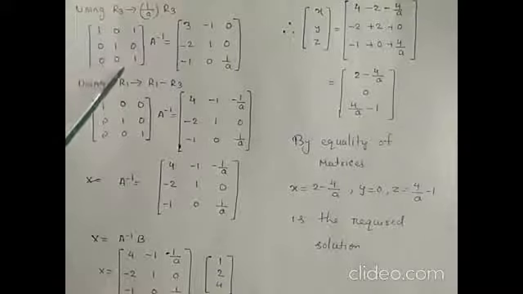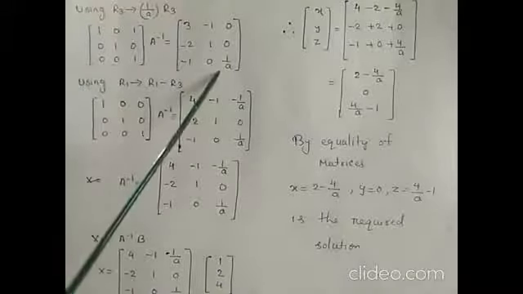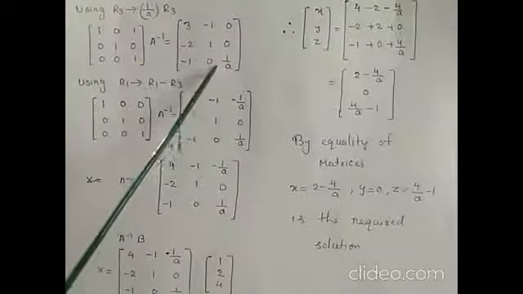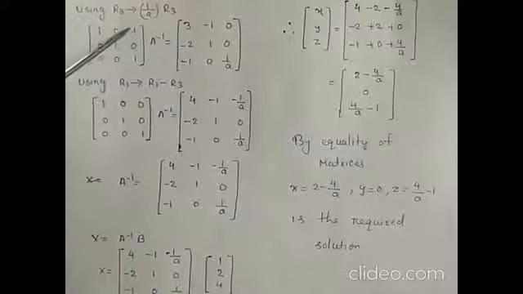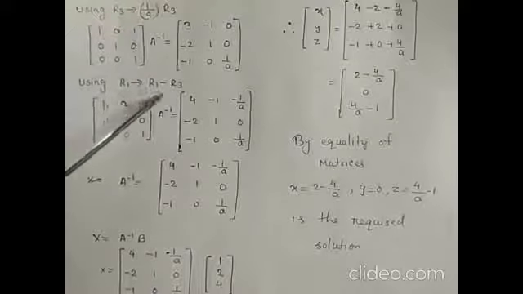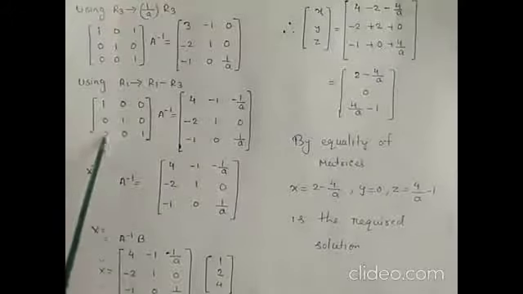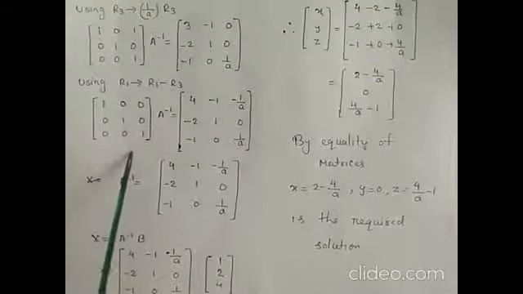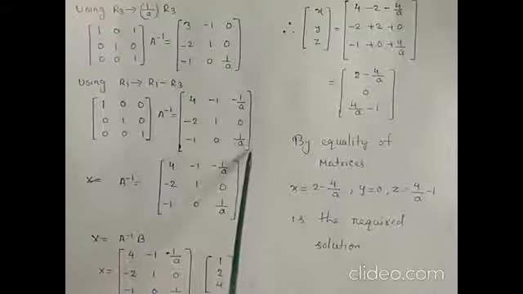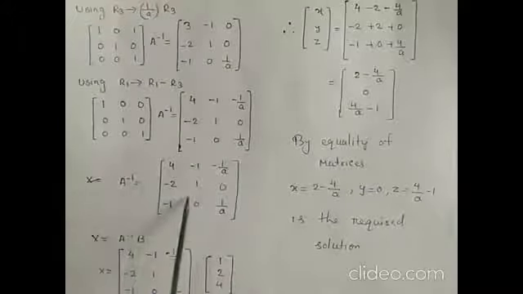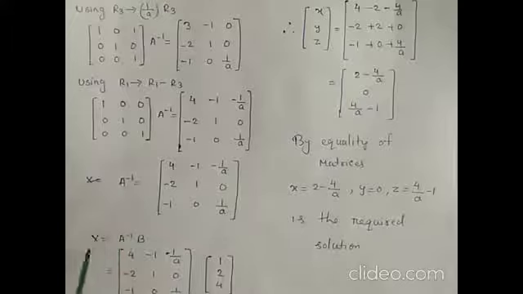Whatever transformation we are applying on the left hand side, the same you are supposed to apply on the right hand side. It is just a calculation, children. Please do this calculation. Next, my job is to make it 0. What will I do? R1 minus R3. By using R1 minus R3, we have got the identity matrix. This I into A inverse equals the right hand side matrix. That means A inverse equals this. Therefore X equals A inverse B.